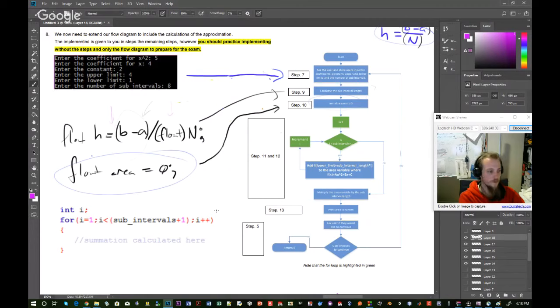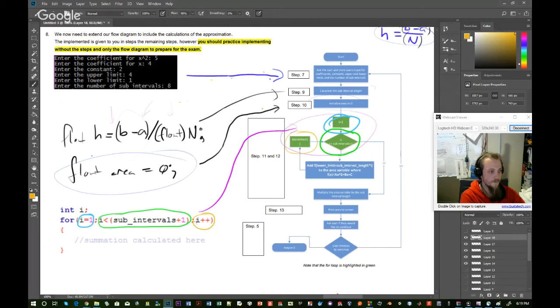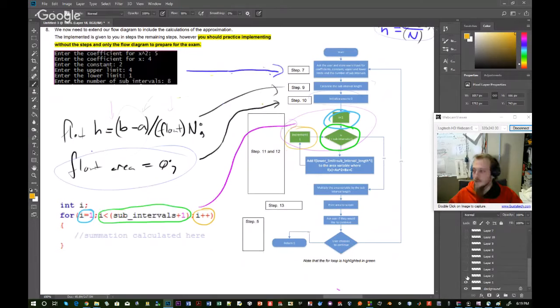So then we get to our for loop, which we saw earlier. It's a little bit neater than what I drew up before, but you can see this i is 1. Let's pick another color, green. i is less than subintervals plus 1, which is here. And then we've got increment i, which is here. Now, it says in there a little comment, summation calculated here. The reason that I broke this up into 2 steps is so that you can clearly go back and think about your problem and make sure